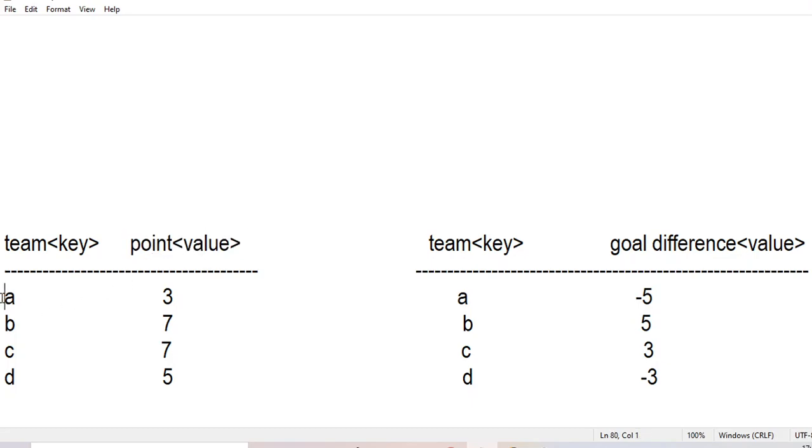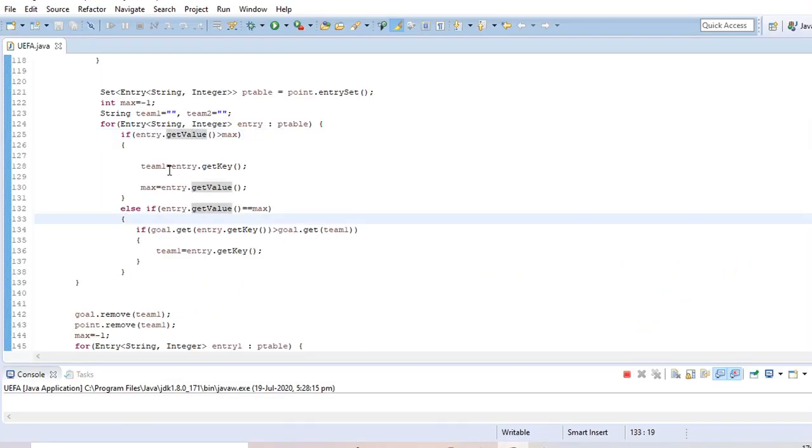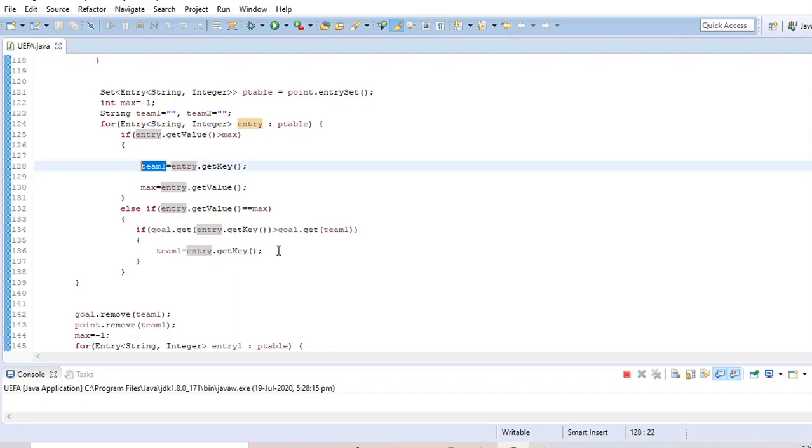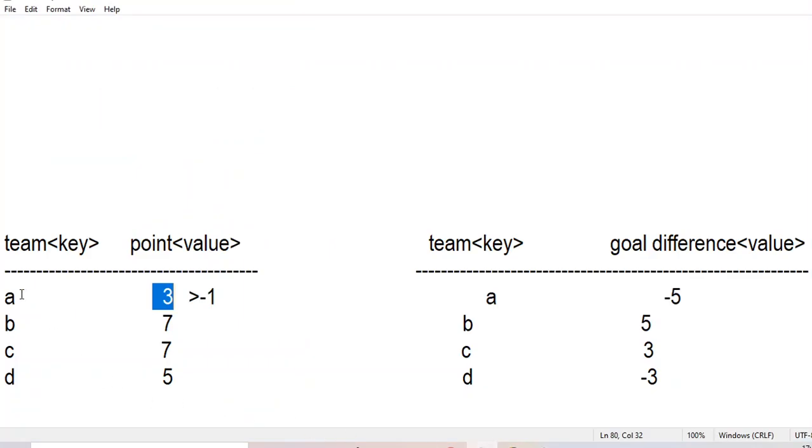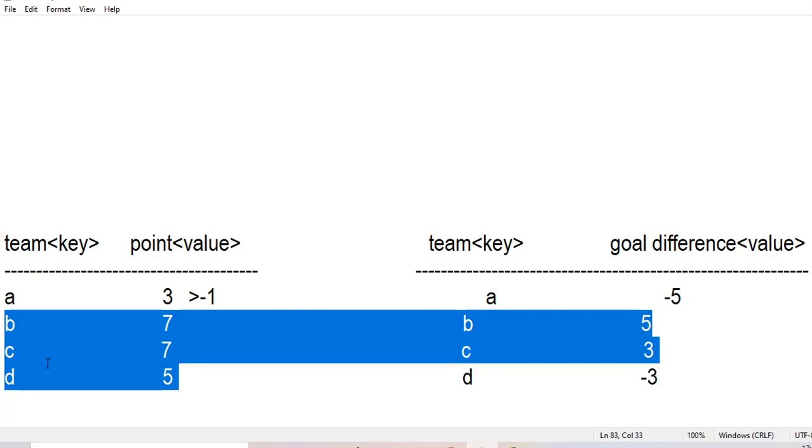So I will check if the value is greater than the maximum. Maximum is -1. If it is, then this value will be copied here as the get value, and with the get key this team name will be stored in the team name. Team name is A.